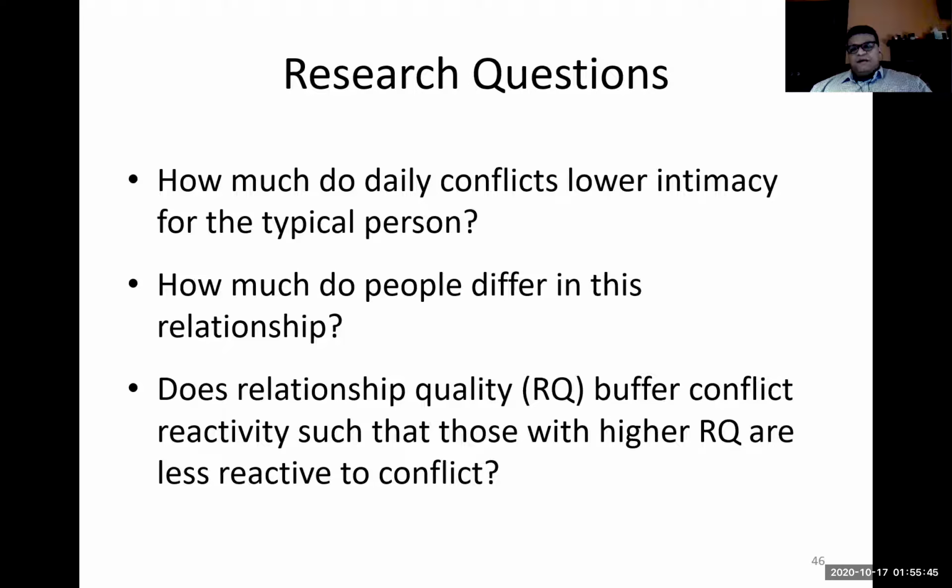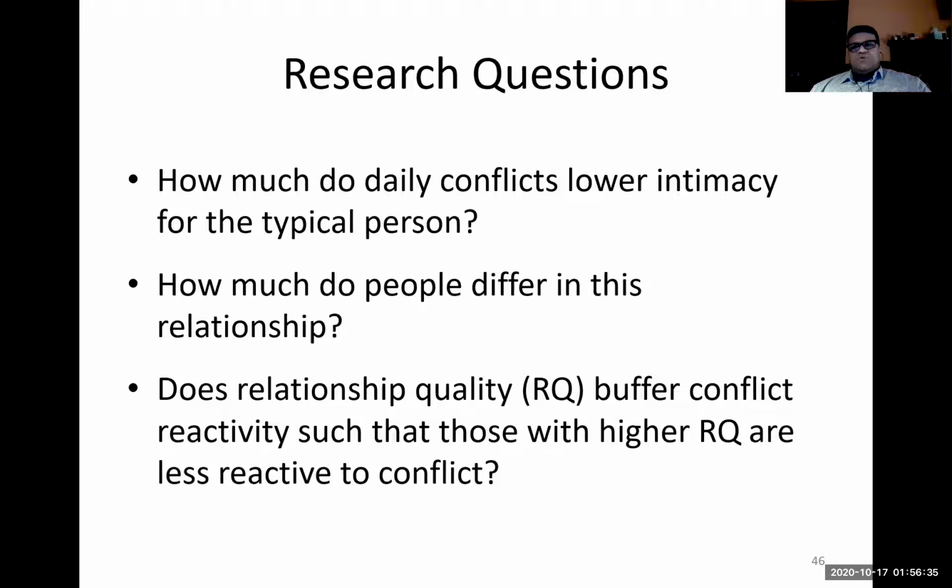Now, phenomenologically, I think theoretically, I would say that conflicts cause people to experience less intimacy. And so that's a causal process that we're trying to model. Now I know we often get nervous about using the term cause when it comes to any kind of observational data like there is in this case. But there are certain assumptions that, when considered, bolster a causal inference. And we'll talk a little later about some of these